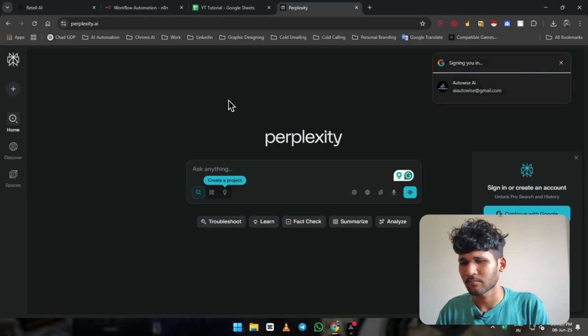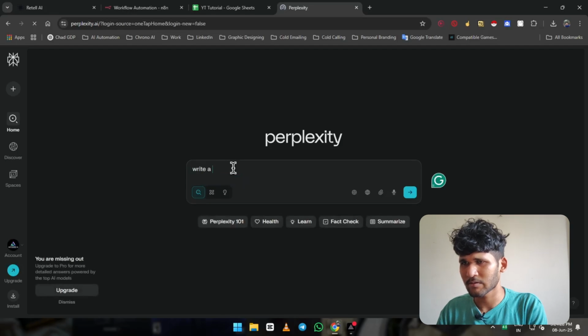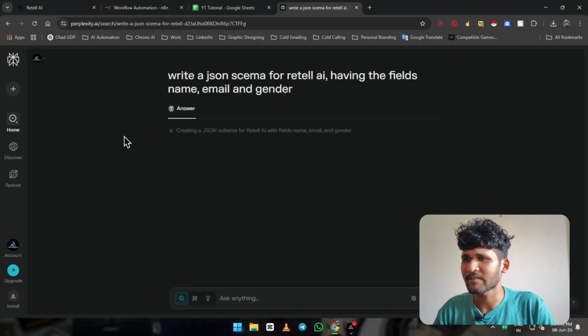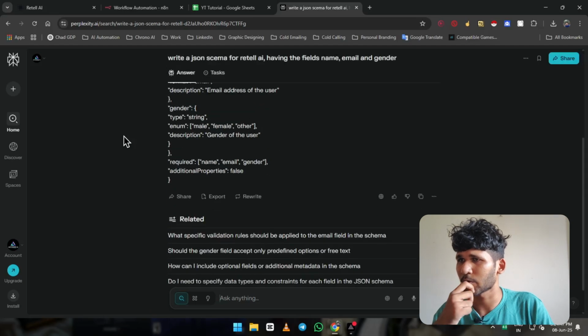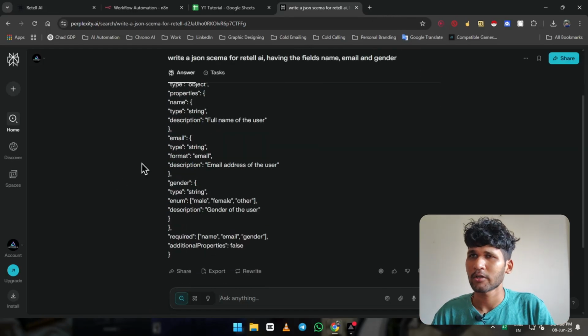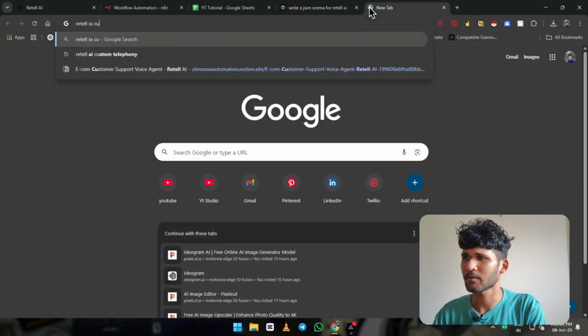Now you have to write it. Write: JSON schema for Retell AI having the fields name, email and gender. Just write it and let's see if it is going to do good or not. Also, if you are not sure about it, if you are wondering whether it is correct or not, just go on to Google and type Retell AI custom functions.